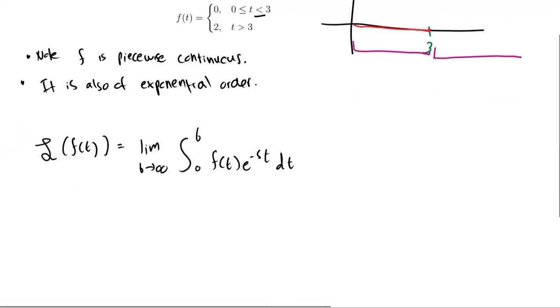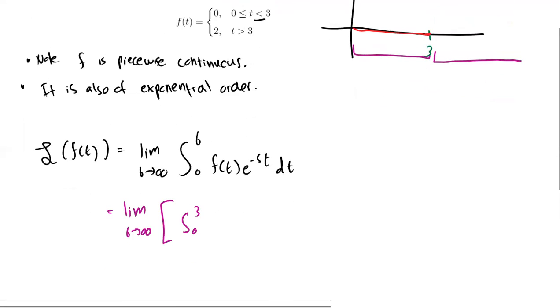So in this case, applying it to this problem, what this means is that this would be the limit as b approaches infinity. Let's break up the integrals. So one integral goes from 0 to 3. On this interval, the function is given by 0. So we have 0 times e to the negative st